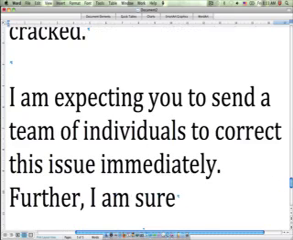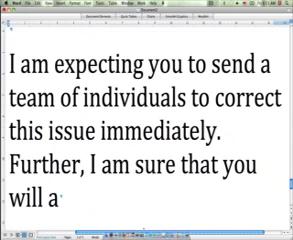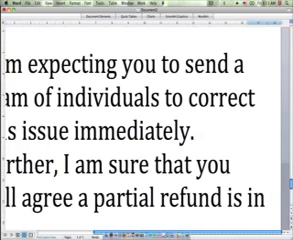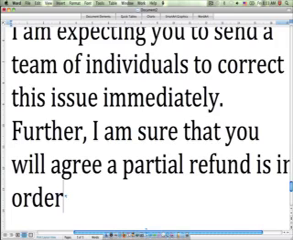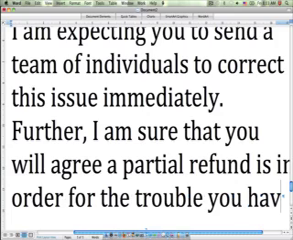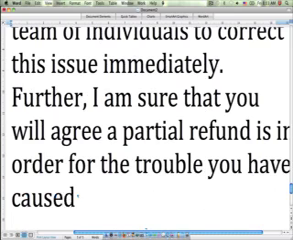I am sure that you will agree a partial refund is in order for the trouble you have caused me. It kind of sounds like we're whining, but